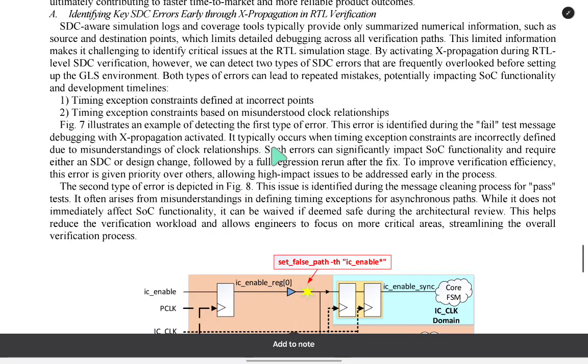It typically occurs when timing exception constraints are incorrectly defined due to a misunderstanding of clock relationships. Such errors can significantly impact the SoC functionality and require either an SDC or design change, followed by a full regression rerun after the fix. To improve verification efficiency, this error is given priority over others, allowing high-impact issues to be addressed early